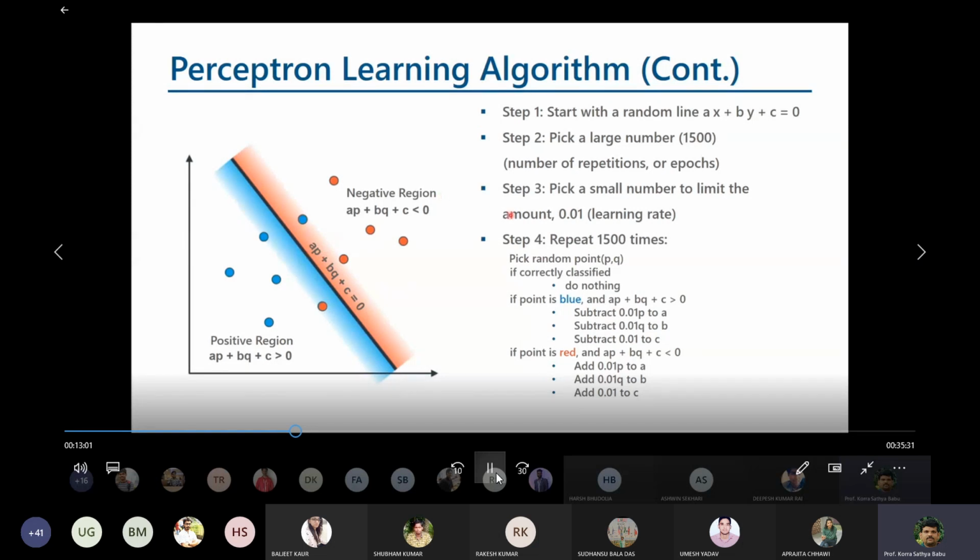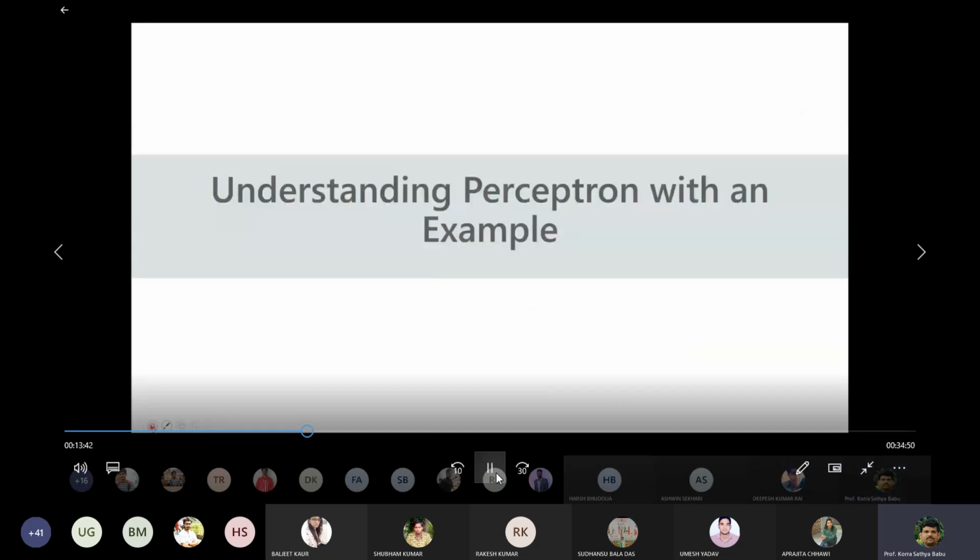The only trick we used is subtracting the learning rate times P and the learning rate times Q. Either subtract or add, it doesn't matter to us. Depending upon the positive or negative case, you just do the subtraction or addition. Different multiples of this learning rate are either subtracted or added from A and B. This is the minor difference we are making, and with it we are able to get faster convergence. That is the reason.